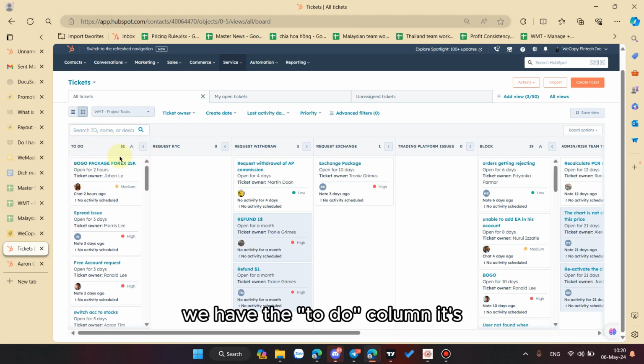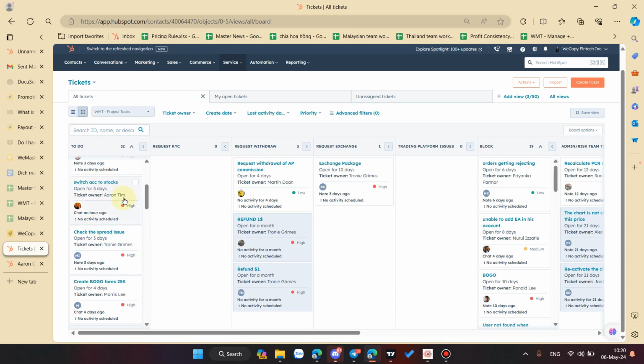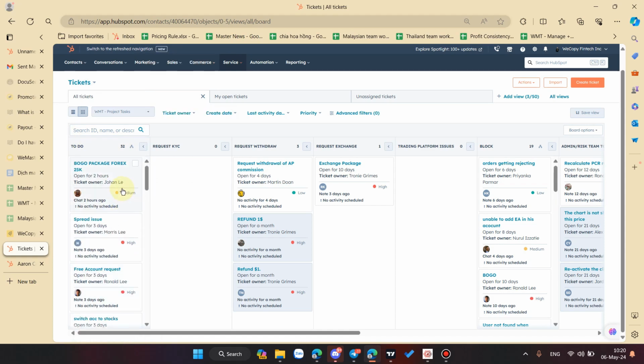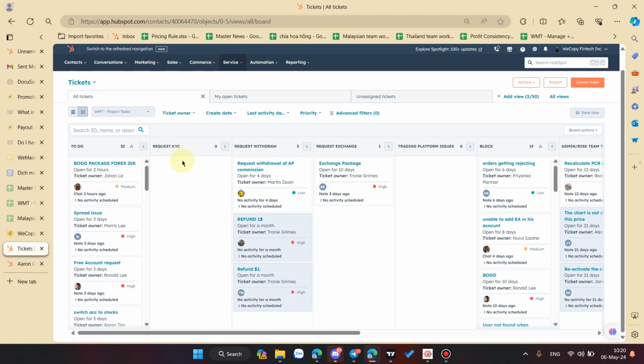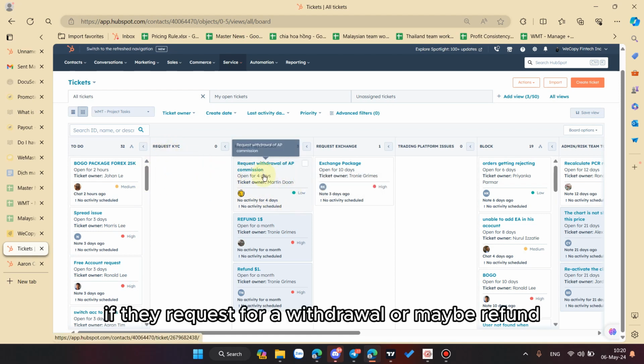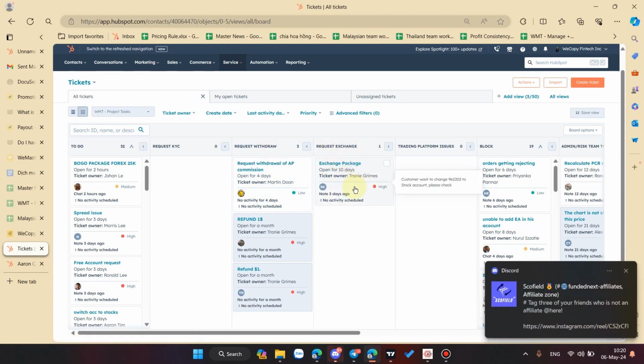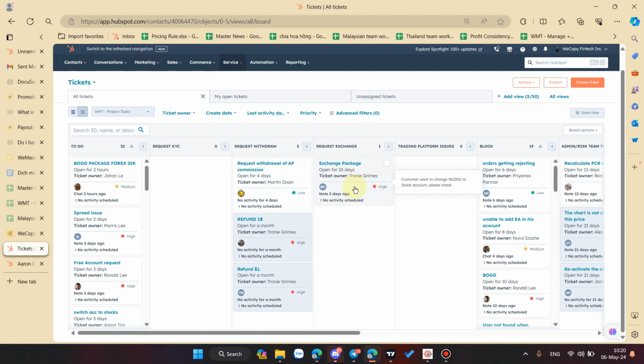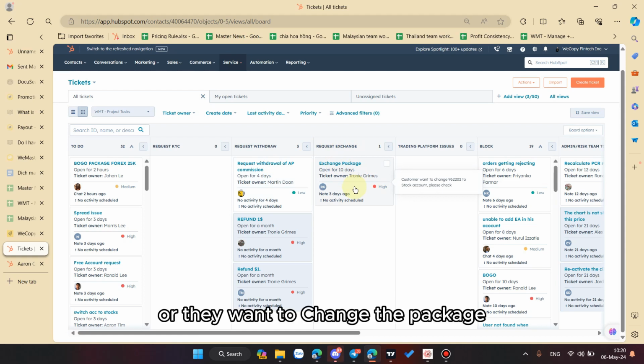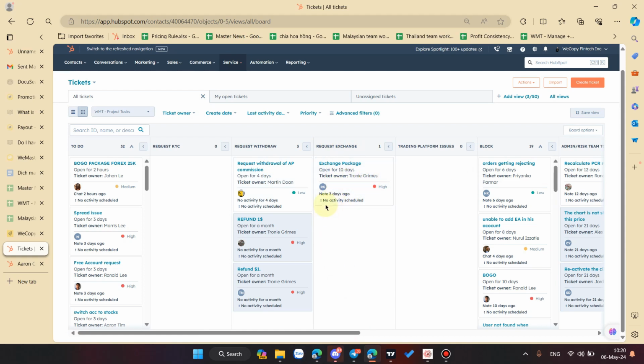We have the to-do column. It contains most of the issues from the client. If the client requests KYC, you will put it in this column. If they request a withdrawal, maybe a refund, you put it in this section. Request exchange: if the client bought the wrong package or wants to change the package, you create a ticket and put it here.